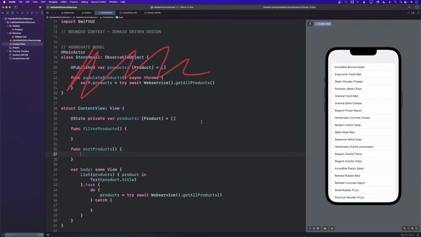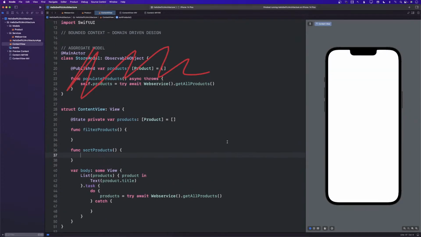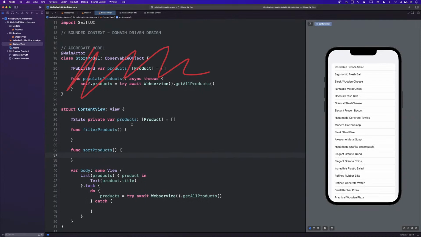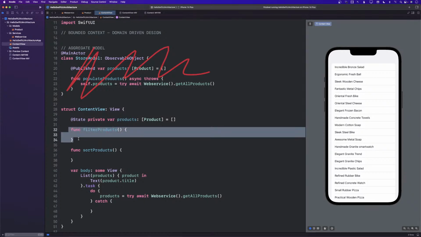Now, if this is the only view that you have, which will perform the filter products and the sort products, then it's perfectly fine to implement it over here. It's not a big deal. Yes, you might be thinking, okay, well, how am I going to test it? I can't really unit test this. Yeah, that's true. It will be very hard for you to unit test these things if they become part of the view. The only way to test this now is if you write the whole end-to-end test, which is fine.